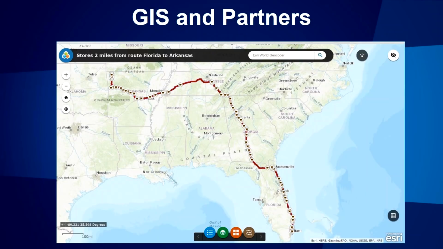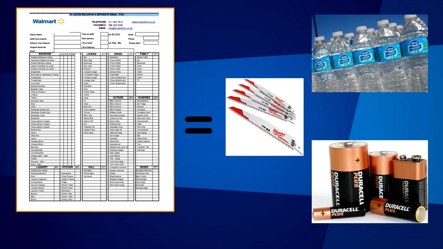And so we actually had a meeting last week in Bentonville, Arkansas, with Walmart to talk about the possibility of the IAFC partnering with them to provide logistical support to mutual aid responses. And so this is very, very exciting. So now we're taking in, along with the actual mutual aid, we're looking at what resources they may need along that route to get there, or even once they get there.